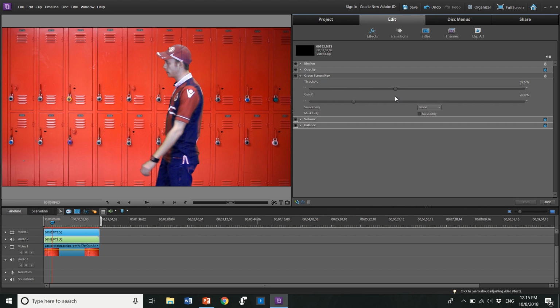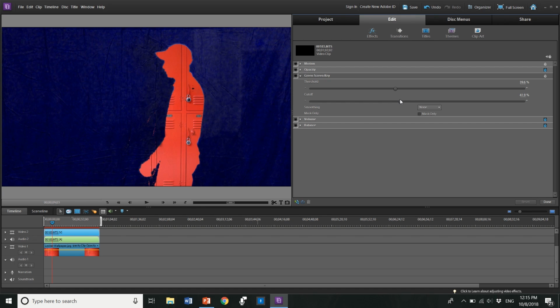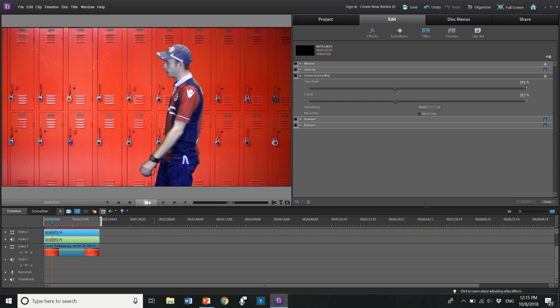So we'll find it as clean as we can there, then move to cutoff, and we'll move it along, and you'll see everything. See, obviously I've gone too far at this point. If I bring it back just a little bit, we can see the clarity of the image. There are a few marks along the way